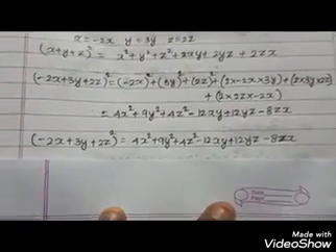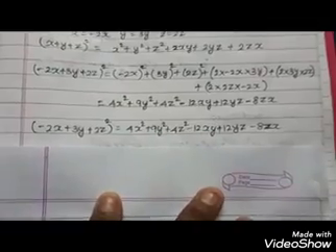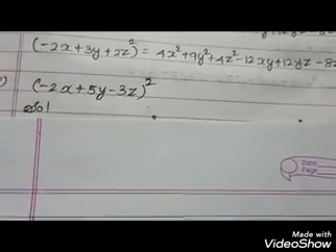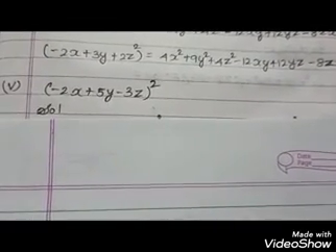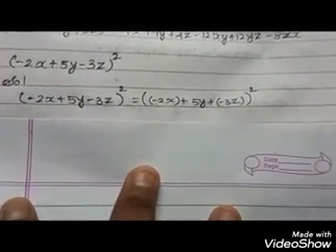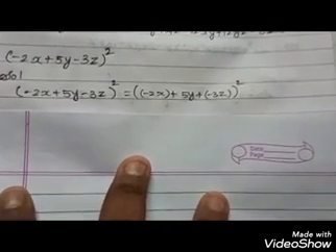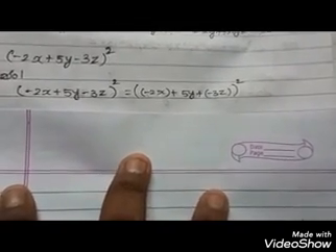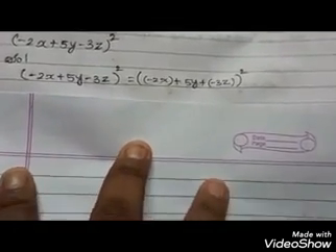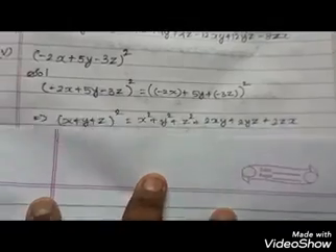So next we move on to the fifth question. Fourth question, do it as homework. So the fifth question is also similar to the previous third one. So first you need to write like this: minus 2x in a separate bracket because it is negative, and plus 5y, plus in plus 3z because z has a negative value. So directly you know what the identity is.